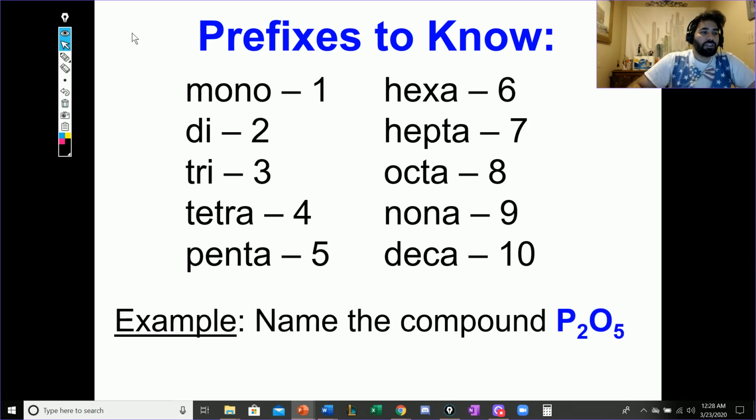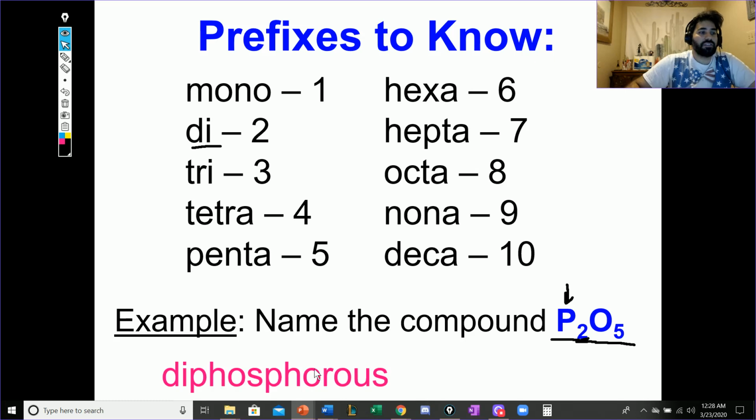So let's say I have something like P2O5. Well, we know P stands for phosphorus, and 2 is di. So the di is a prefix. It goes in front of phosphorus, so you would write diphosphorus. That's the first word. The second word, remember, ends in IDE. O stands for oxygen, right? The IDE version of oxygen is oxide, and the prefix that goes in front of it is 5, which is